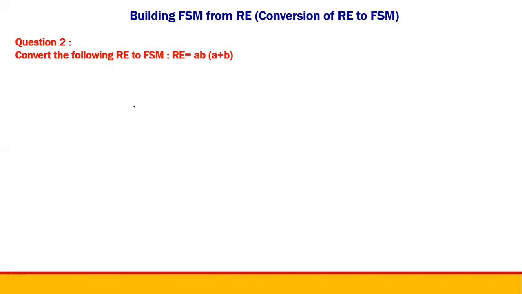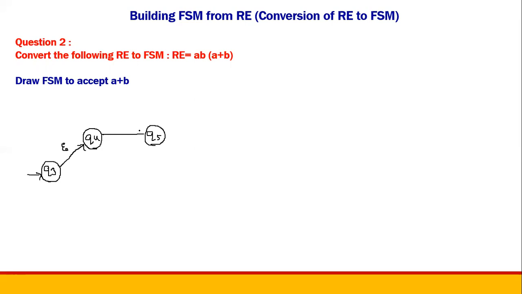And next one is A plus B. So how do you accept A plus B? Let us see. Since I stopped at Q2, let me start at Q3 here. It's all your wish. If you wanted to just join, like the previous example, you can start at Q2 itself. Since I'm splitting it, I will make separate states here, Q3. A plus B means I will have Q4. Upon reading epsilon, it can read the first input symbol, that is A.